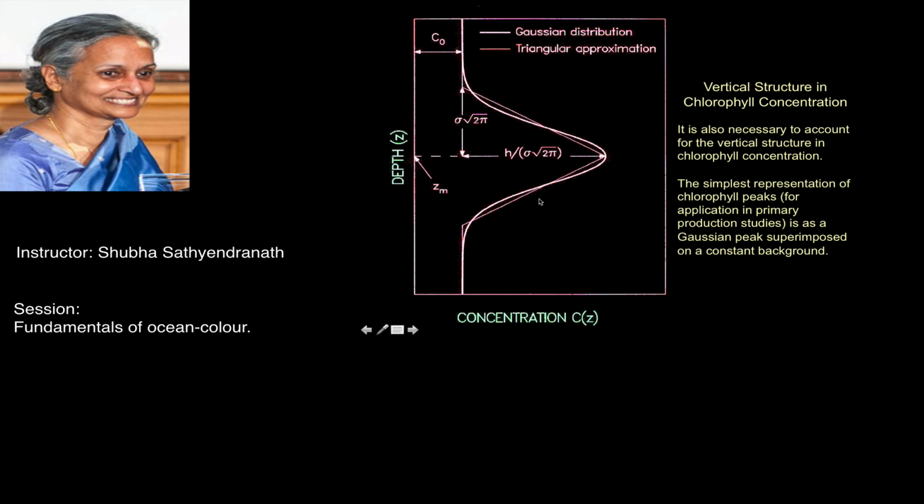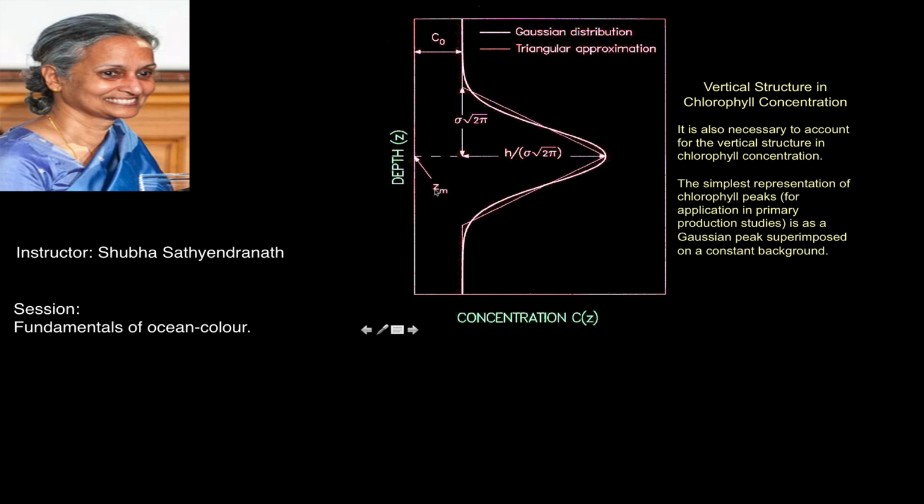So in our work, very often we use a Gaussian shape to describe a deep chlorophyll maximum, in which case you introduce now more parameters into your model. You need some parameters to describe this chlorophyll maximum, and the parameters of your profile model could be the depth at which you have a maximum,